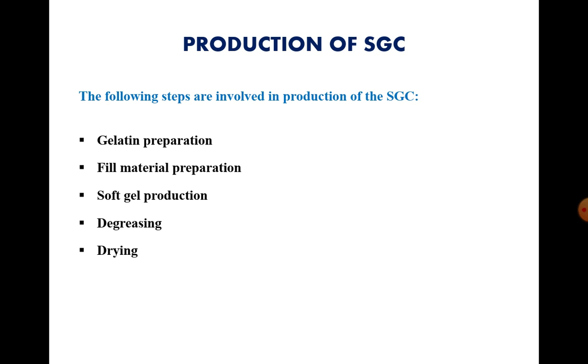Now, soft gel production or soft gelatin capsule production. The soft gelatin capsules are produced by a continuous process which consists of first forming the shell, secondly filling the contents, then finally sealing the shell to form a complete soft gel. The operations are performed in a single machine, and according to the principle of operation, there are various techniques available, such as rotary die process, reciprocating die process, accogel process, or the bubble method, etc.